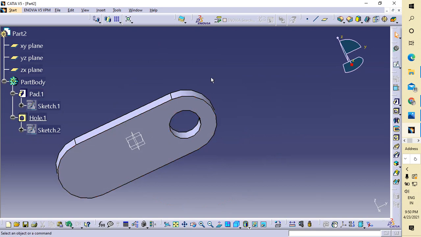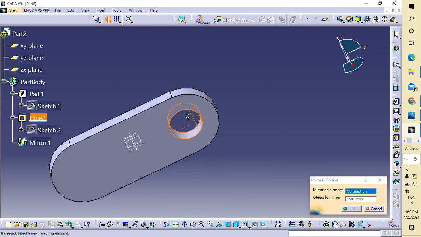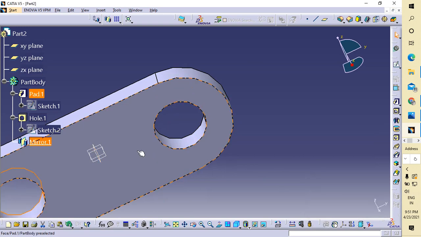Now again we will create the other hole. This is the long way, so you have to go to the Mirror command, and select which part you want to mirror, select this one, and about which axis, because we want it here, we will select this symmetric axis.